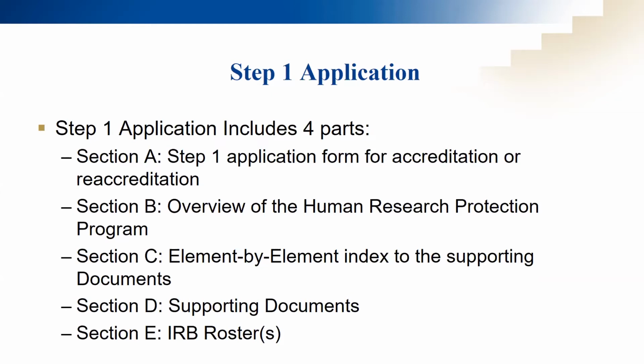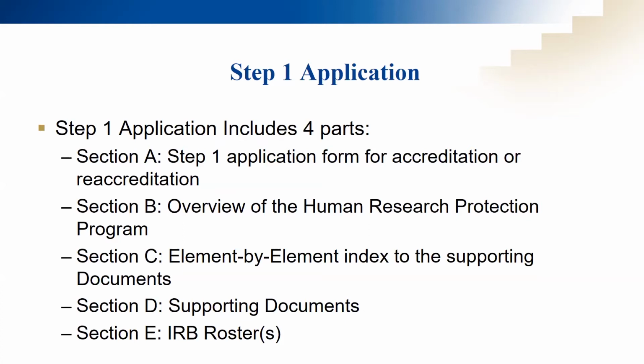the relationship to the organizational official, list other organizations that are components of your HRPP, indicate any essential functions of the HRPP that are conducted at other sites or other units, for example, conflict of interest, research pharmacy services, grants and contracts, etc. And if your organization applies ICH-GCP, indicate if all or only portions of the ICH-GCP guidelines are followed, and when applicable, include any other relevant background that will assist AAHRPP staff and site visitors in reviewing your